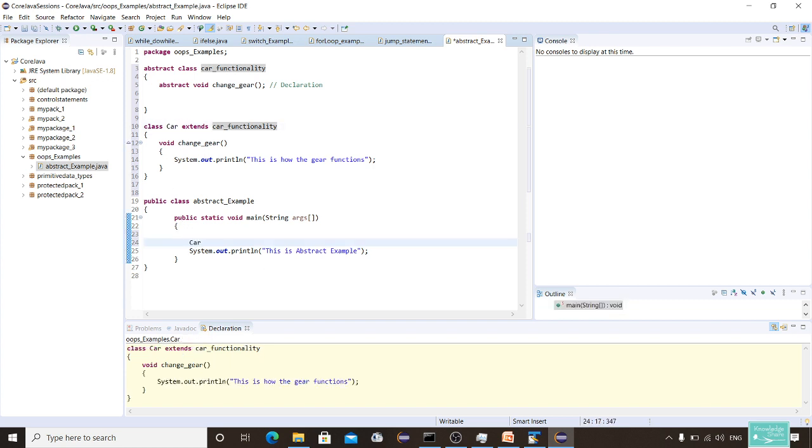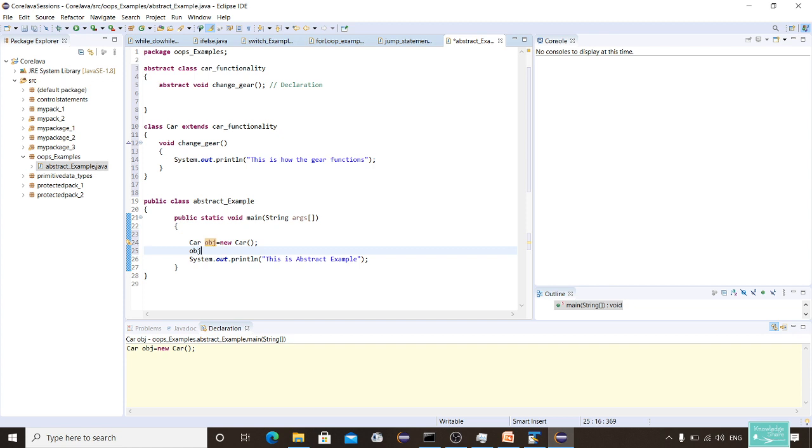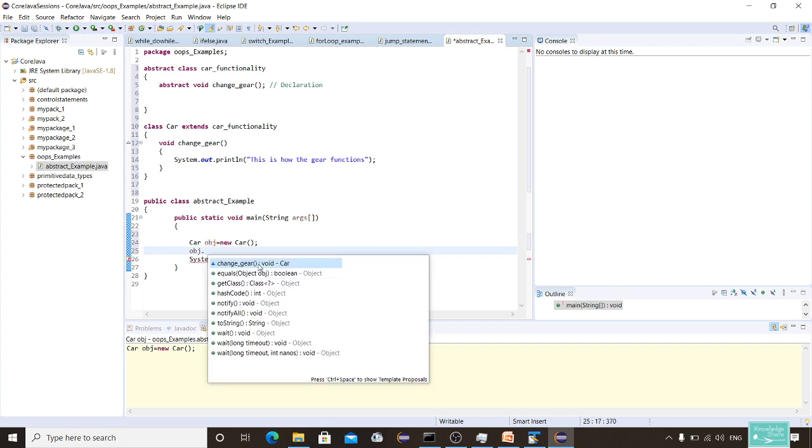Now car obj is equal to new car. Okay, now my object is created. Now I have to call my method change gear using this object, right? So I'll call obj dot change gear.